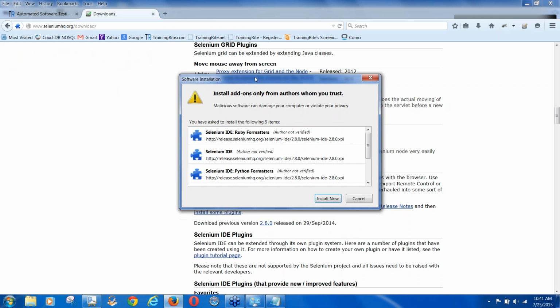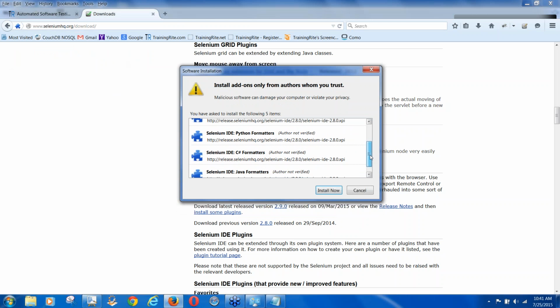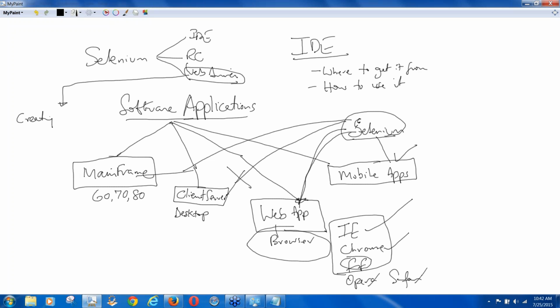And once you do that, it says that it is trying to install the following: Ruby formatters, Python formatters, C# formatters, Java formatters. Okay, what are these things? Now, understand that Selenium has RC, IDE and WebDriver, right? Using WebDriver, you will be building scripts. Scripts are nothing but short programs, or code. So when you talk about code or a program, you need a programming language